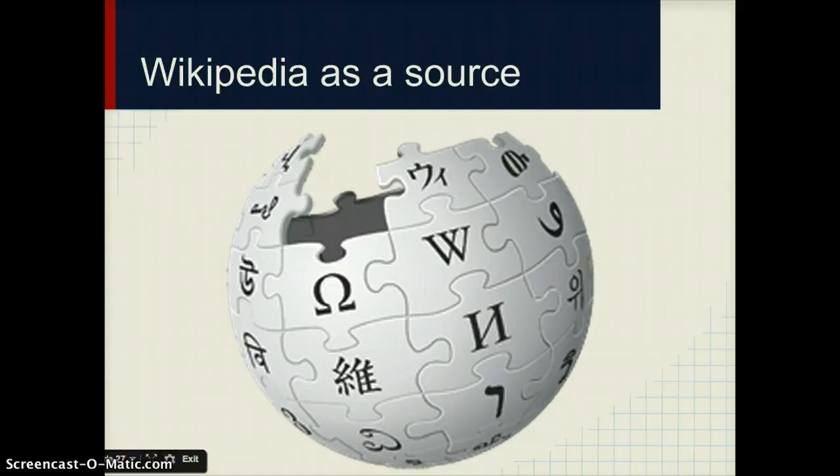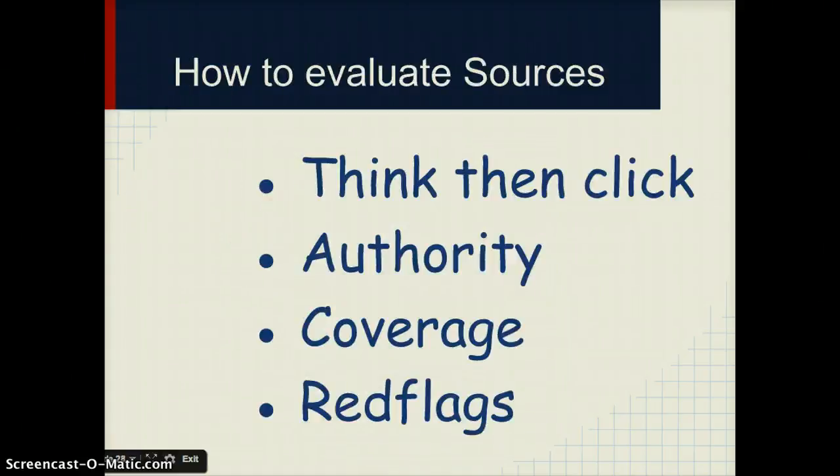So we do use Wikipedia as a source, especially to find information about people, about places, about the documents themselves that we're looking at. These are the 4 steps in the SCORT system on how to evaluate sources: thinking, then clicking, finding the authority, looking for the coverage and any red flags. By using this system, that site, martinlutherking.org, would not pass this test. You may get there by clicking, but the rest of it, you realize you can't trust the authority. The coverage is from a biased perspective, and there are tons of red flags